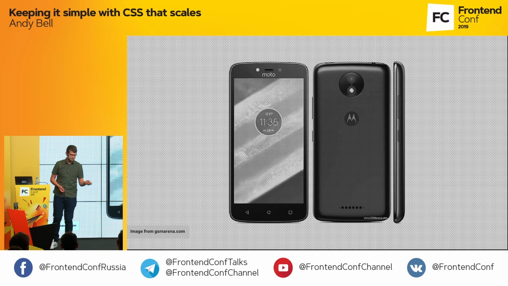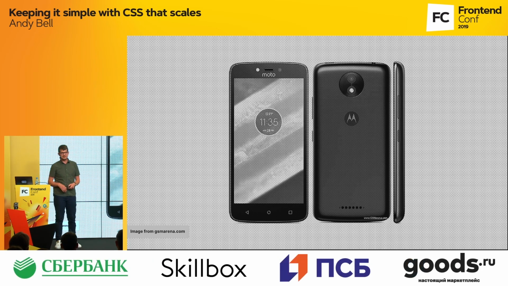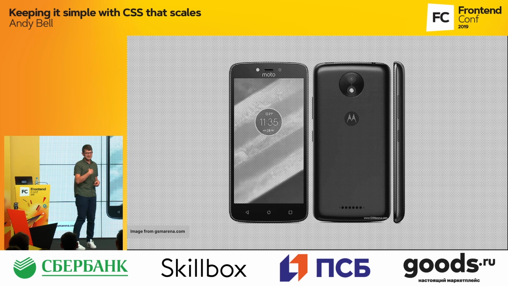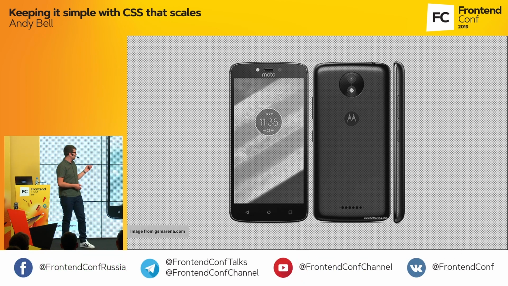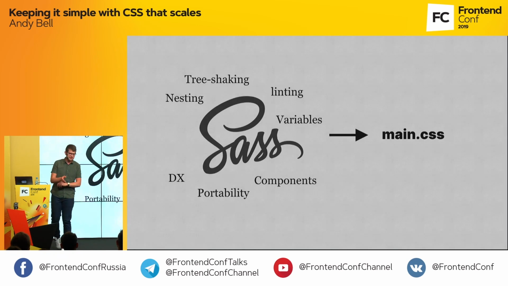And this is a mid-range Android device, which is incredibly popular, not just in the developing world, but also in the Western world, because it comes in at about £100. So these are the sort of devices people are using the web on, not high-end Android or high-end iPhones. That's us that are using the web on them. The general population tend to be using stuff like this instead. So anyway, back to Sass.